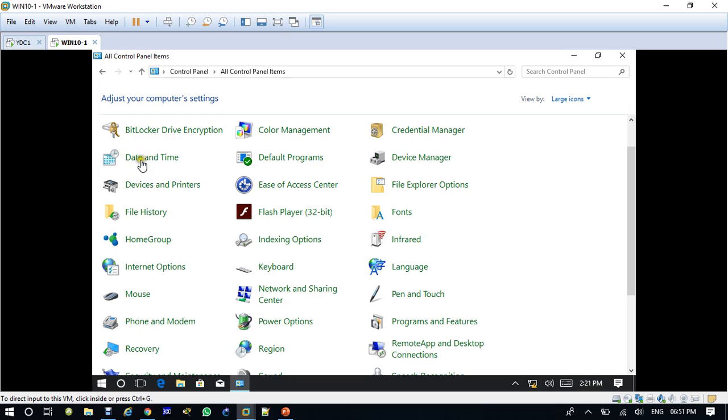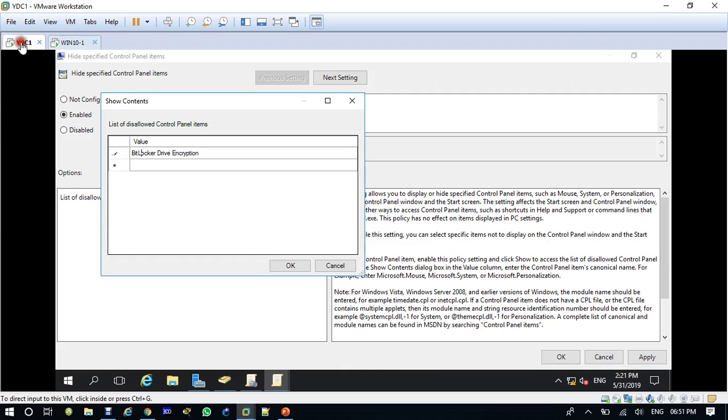Second I want to hide date and time, so I'm writing date and time.